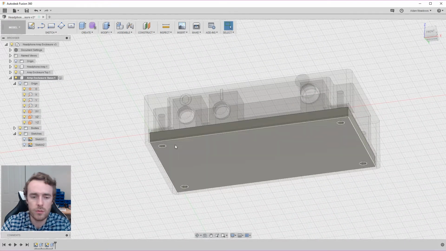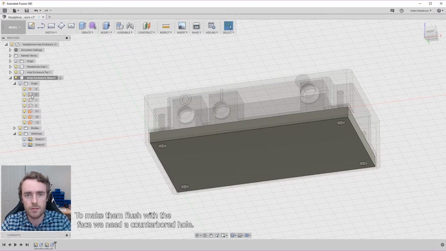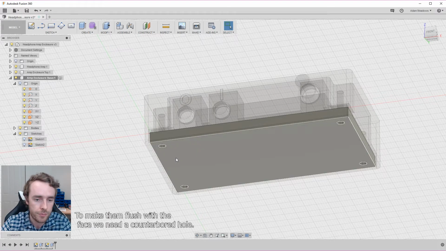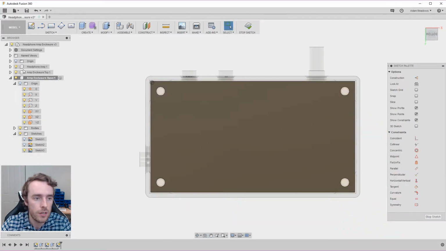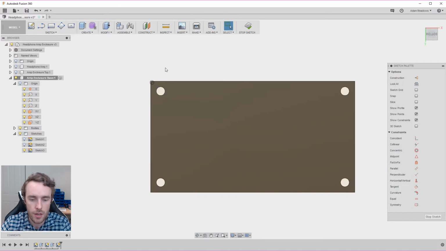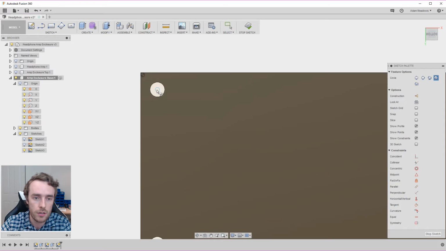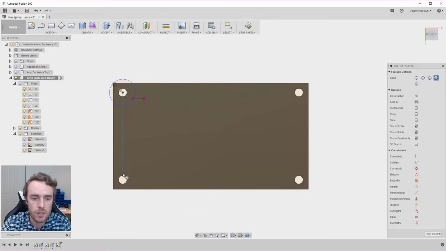That might be something you want. You could use it as feet, but I want mine to be completely recessed, as in cut out, so they're flush. So to do that, again, create a sketch. Hopefully you're getting the hang of this so far. And again, we don't need to project this time because the geometry is already there. Selecting the center of these holes,